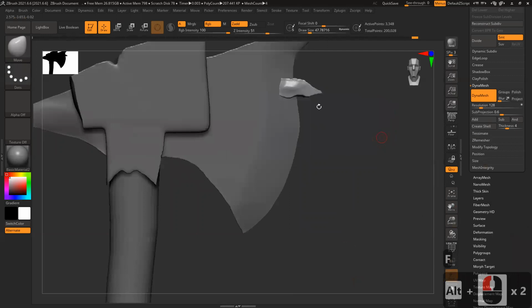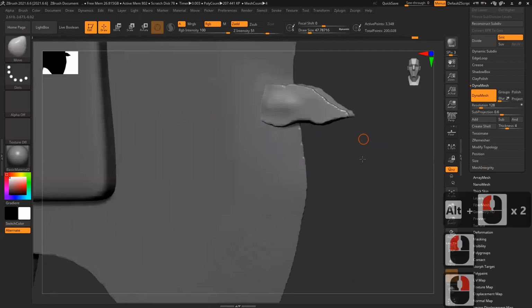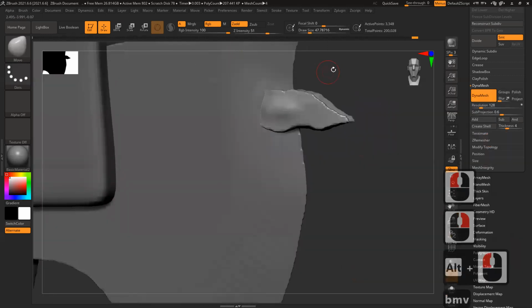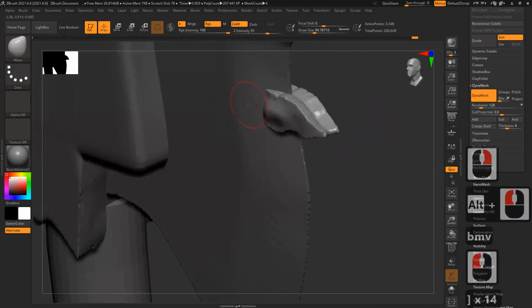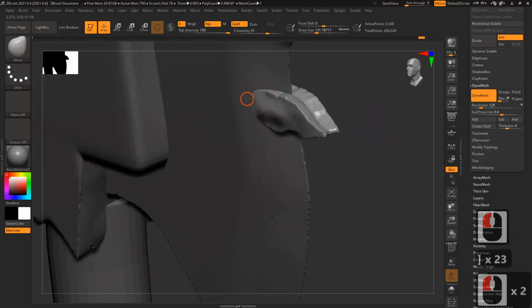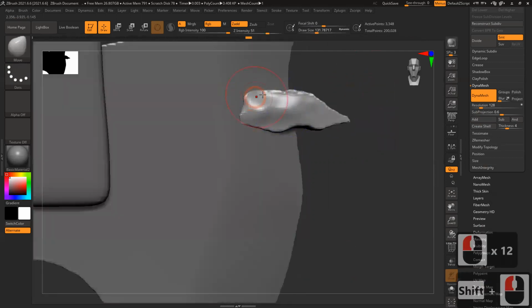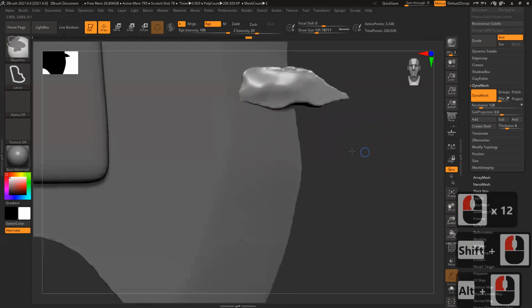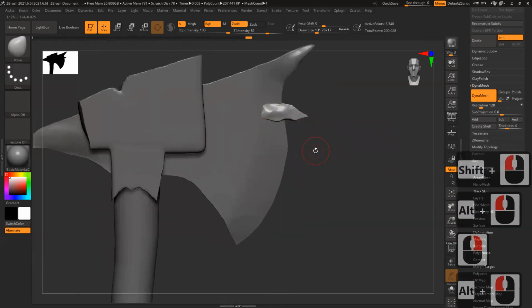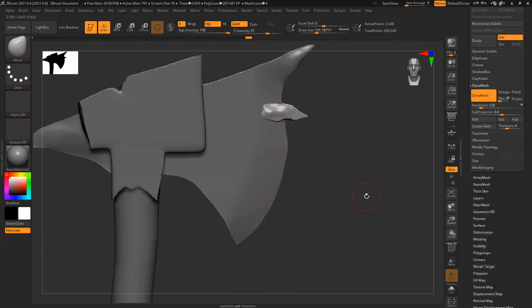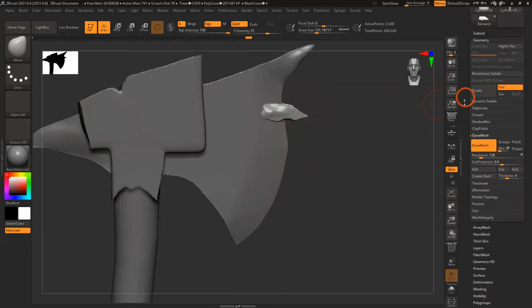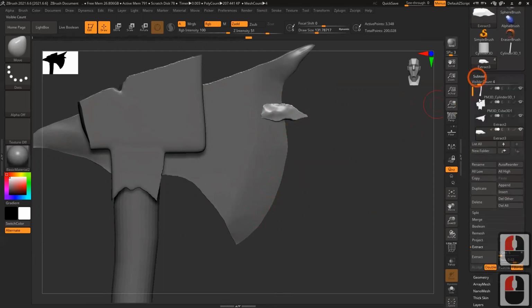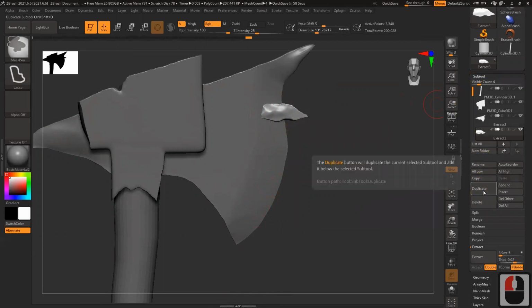Similarly, now there are like 3 blades. So move brush, first I'll fix this one. Yeah, push it outside. This part is visible. So now my basic shape is almost ready. Then there are like 1, 2, 3. So what I'll do is duplicate the same model. In Subtool there's a duplicate option. You can see the shortcut Control Shift D.